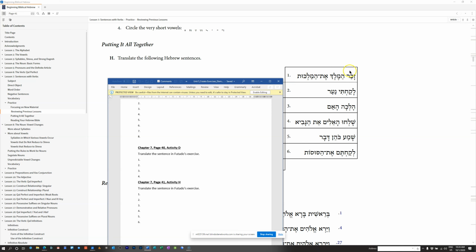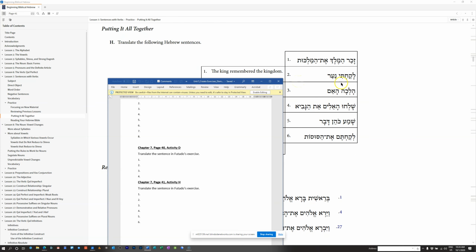Verb, Zachar, okay, remembered. Who remembered? HaMelech. The king remembered. The king remembered what? Et HaMalkut. The kingdom. The king remembered the kingdom. Number 2,